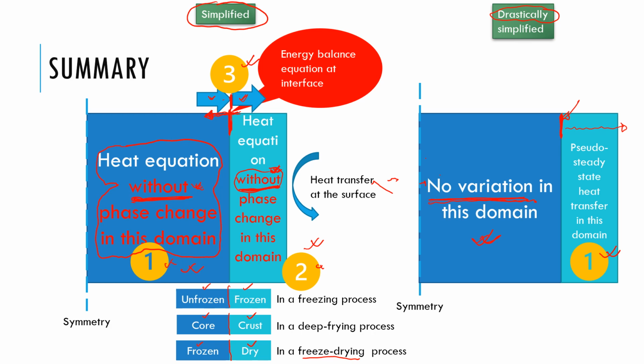So we say it's slow enough that we can think of this interface at some temperature, interface temperature, where freezing or melting, let's say in case of freezing or heat transfer in freezing thawing, this stays at melting temperature, and here far away it is at the ambient temperature,